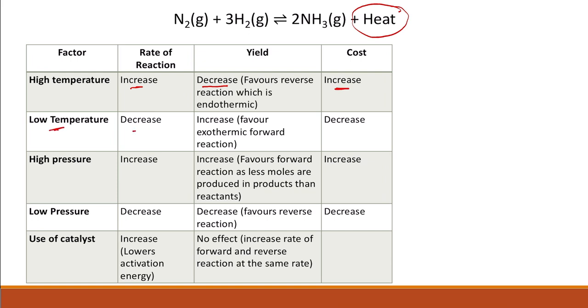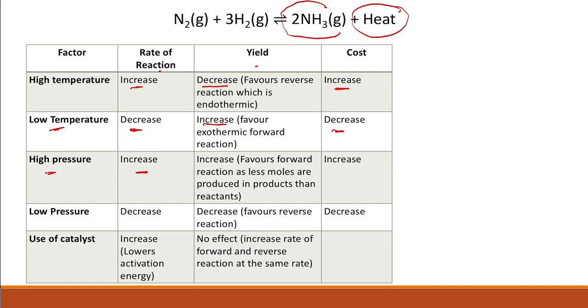Lower temperature will reduce the rate, but it will increase the yield because it will favor the exothermic reaction. The cost here will be decreased. So to balance the rate of the reaction, yield and cost, the temperature of 450 degrees is used. Pressure: if we use high pressure, that will increase the rate of the reaction, as we can see,